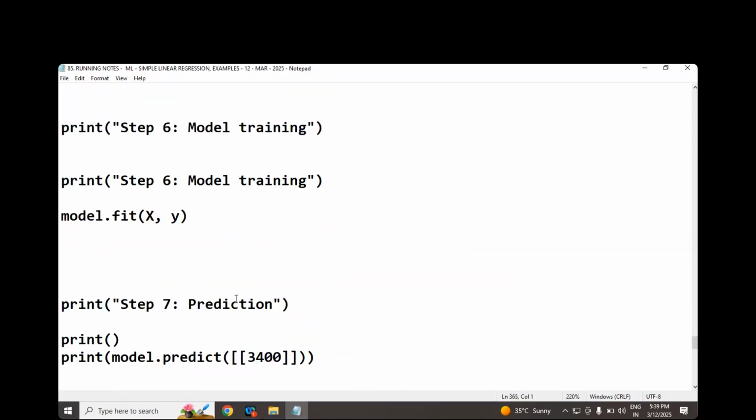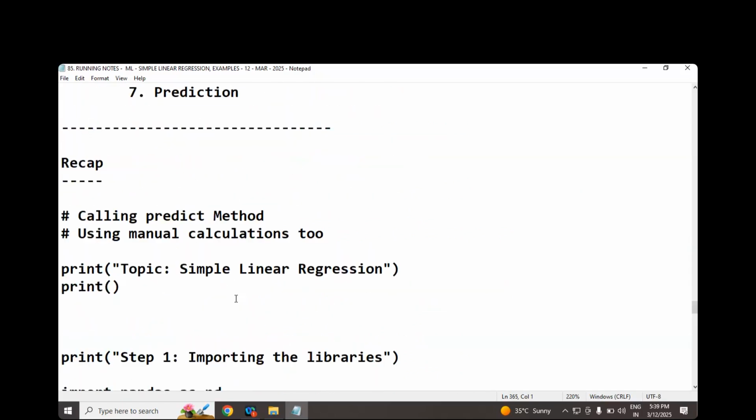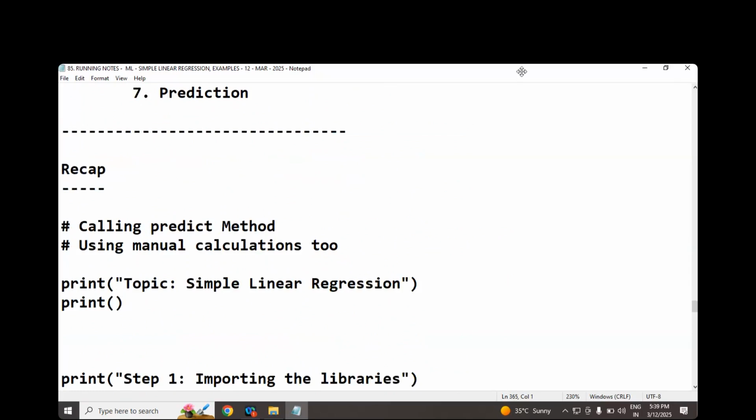Then let's continue. I'll explain the example one more time, then you will get clarity.